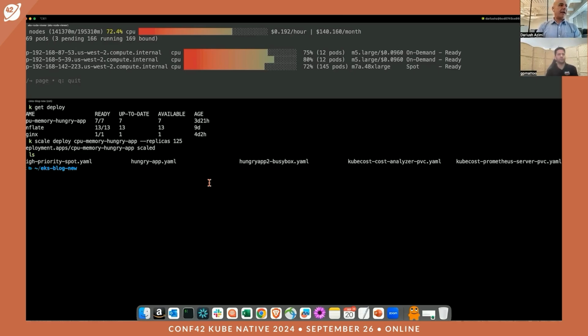Let's see, hungry app. And so when you say that, you mean you have multiple node pools and there is a way to run them in parallel, assign some weight to them, and then, okay, got it. Yeah, let's take a look at one. If you want a high priority,